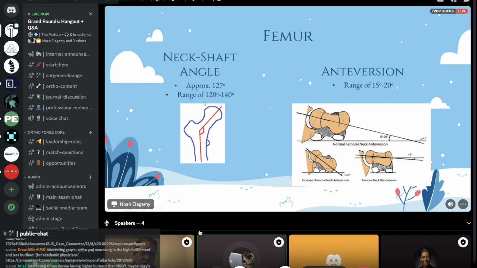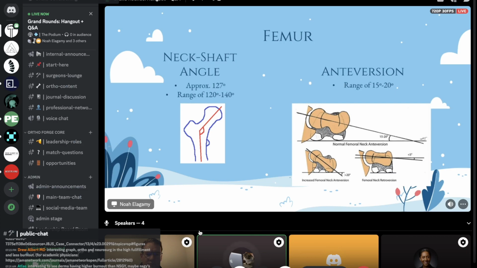So the first measurement would be the neck shaft angle. And so this is an angle that is created by two lines, one that is centered on the neck of the femur, and one that is centered on the shaft of the femur. And the angle between those intersecting lines is the neck shaft angle. And this is important to know just to understand the relation between the head of the femur and the femoral shaft, and knowing that it's not a 90-degree angle